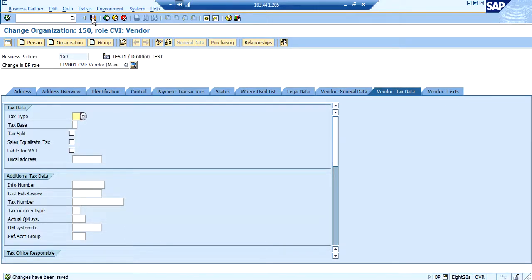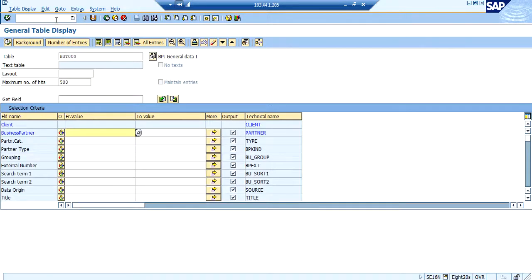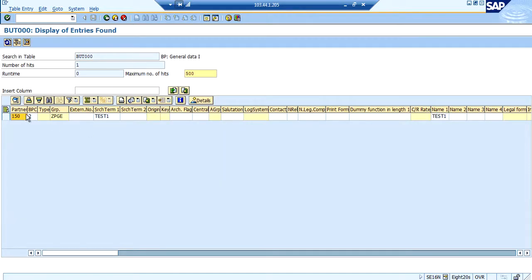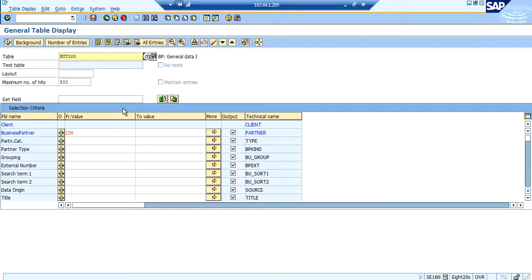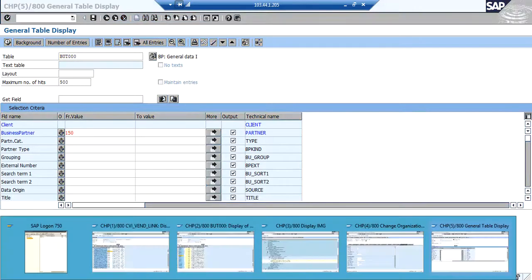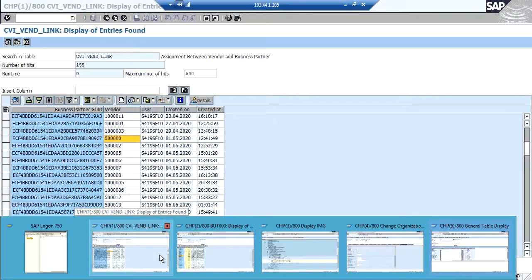Now once saved, you can see this business partner in table BUT000. Whereas it is pretty much difficult to get the business partner linkage with the vendor number.